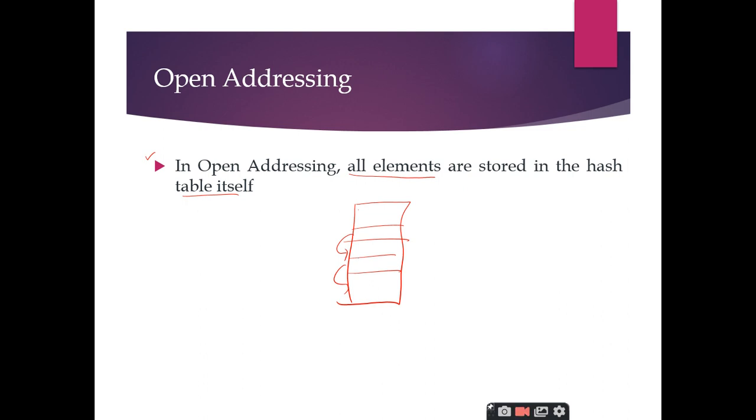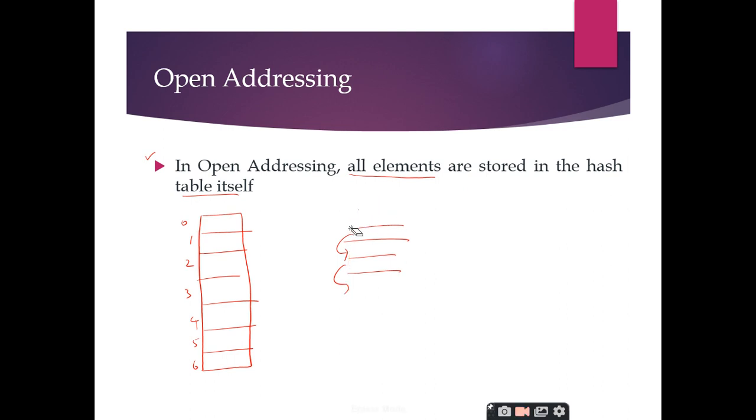And what are the various categories in open addressing? We have linear probing, quadratic probing, double linear probing, double quadratic probing, and double hashing, right? What do you mean by probing? Searching. Maybe it is searching, or requesting, or something like that. Okay, searching is okay. It's like to find something. Yeah, to find or to search or something like that, right?